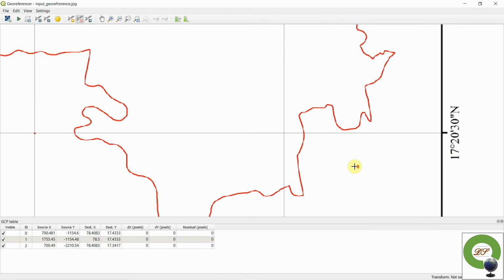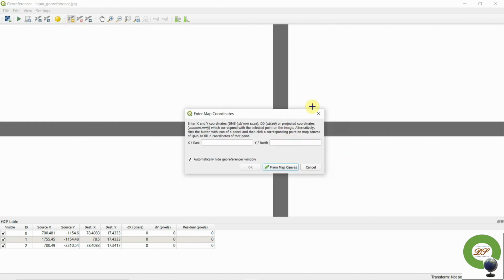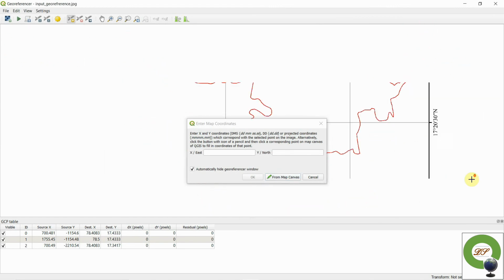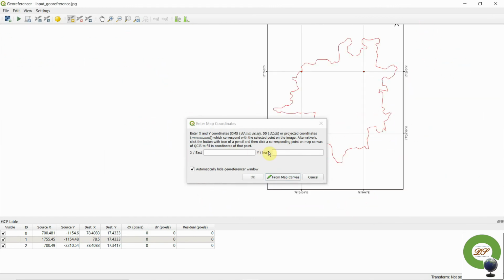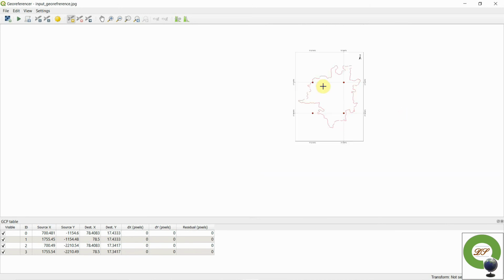So again we will add that point, no issues. Go here, we're going to add it. 17 degrees 20 minutes 30 seconds, 78 degrees 30 minutes. Click OK. Now we have successfully added 4 GCPs.